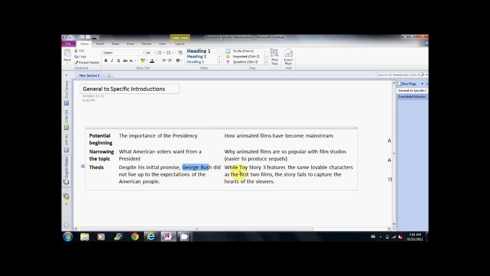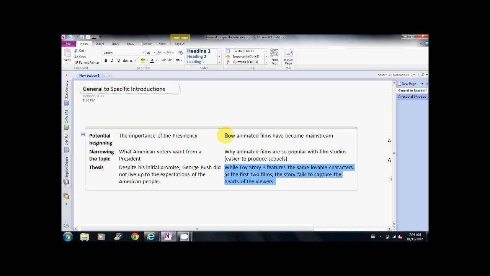Okay, so let's take a quick look at another example to show you how this can work. So imagine that this next bit of writing is very much like a movie review. We'll start with a thesis, which is, while Toy Story 3 features the same lovable characters as the first two films, the story fails to capture the hearts of the viewers. Okay, so what I need are